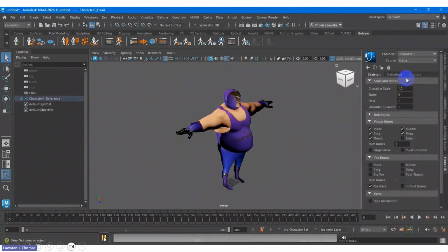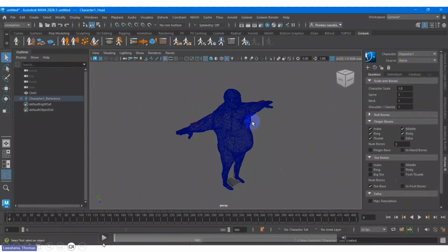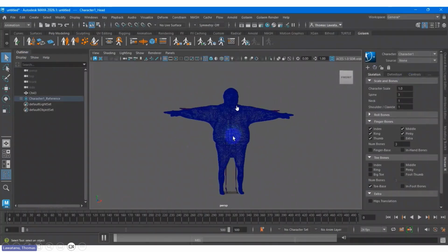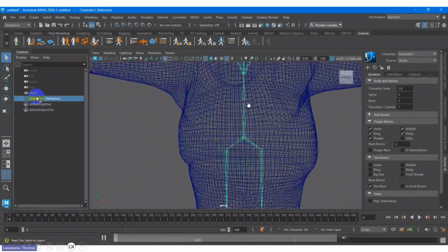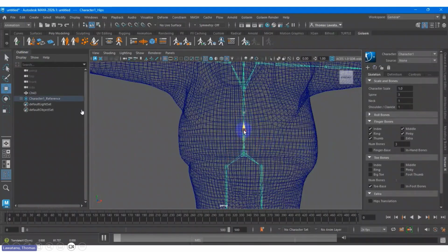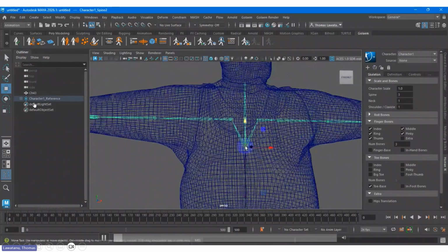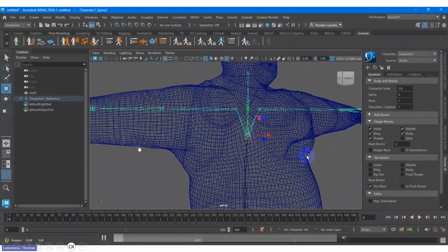Okay, let me play. Once you get the skeleton, of course, when you see the character, the skeleton is already there. You can apply it to the character. The rig is already there, and automatically it names the character 1_reference. This is common once you create the Human IK rigging; automatically it puts the character 1_reference inside the outliner.